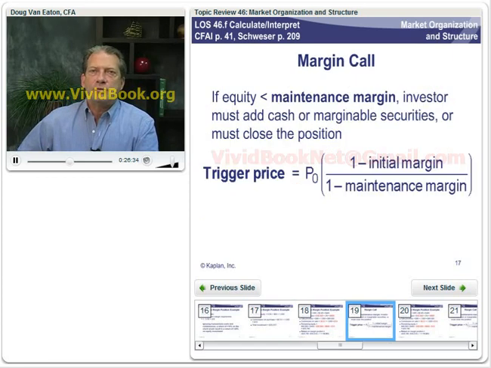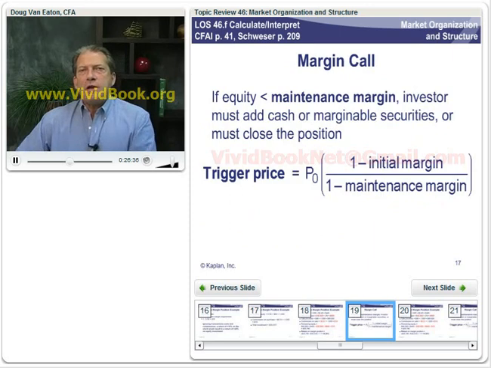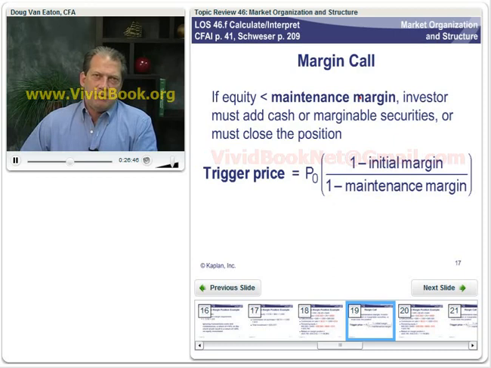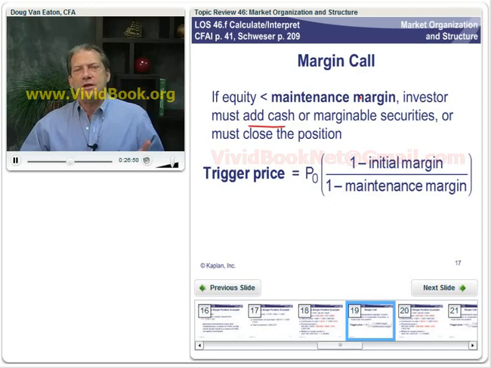Oh, get the right slide here. So when do we get a margin call? Well, if our equity percent gets less than the required minimum or maintenance margin, then something's got to happen. We've got to either add cash to bring that equity percentage in the account up, or we can